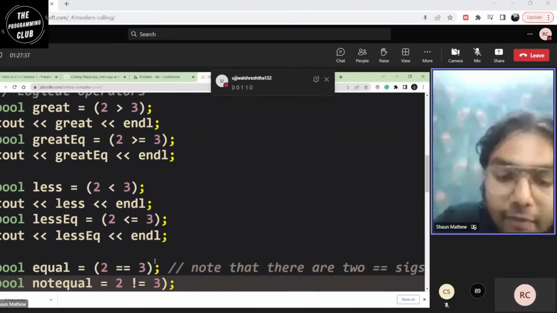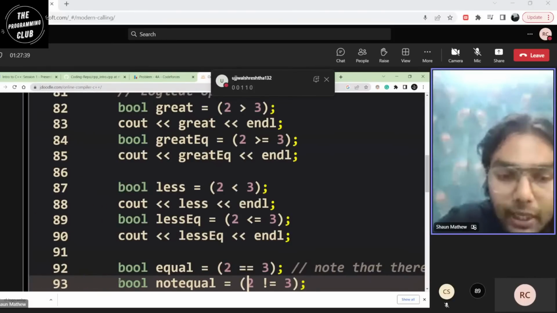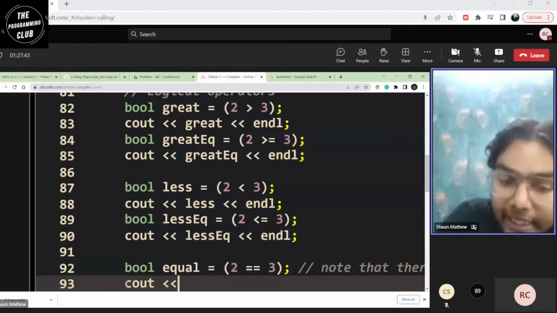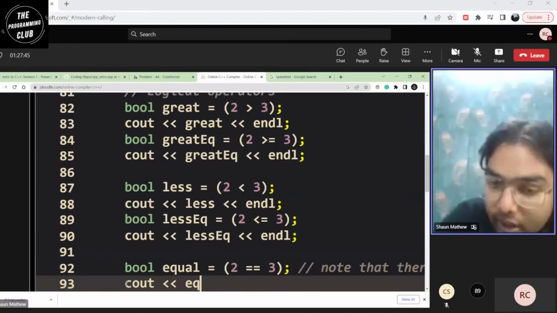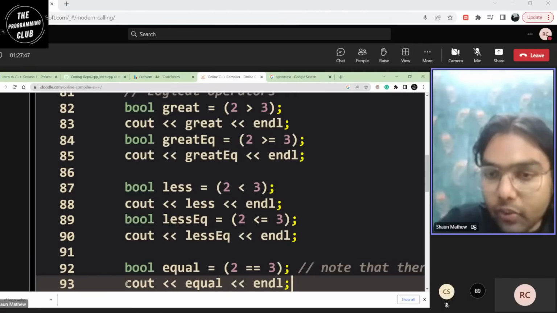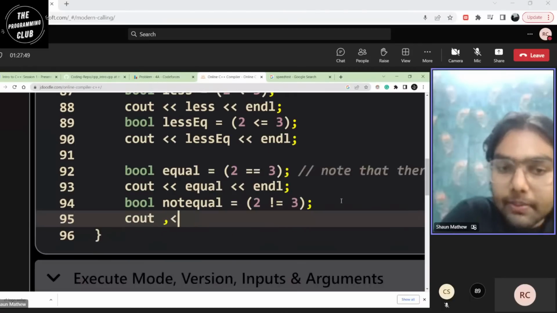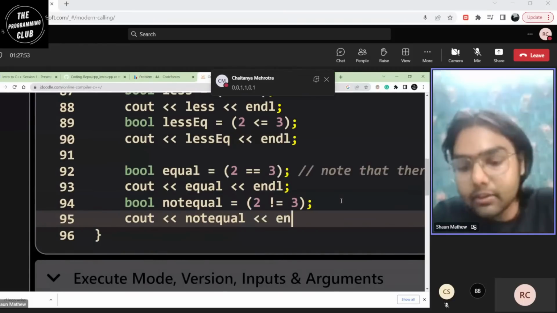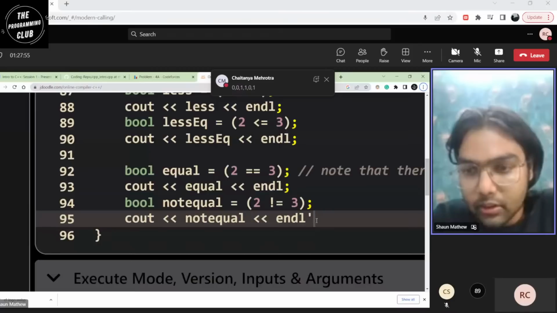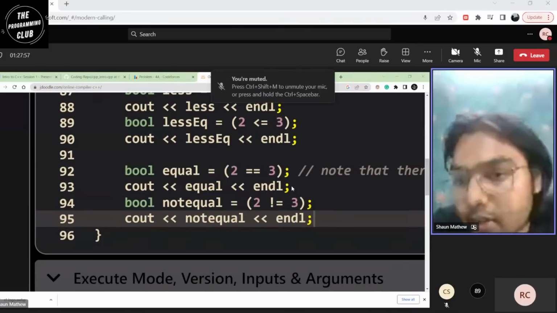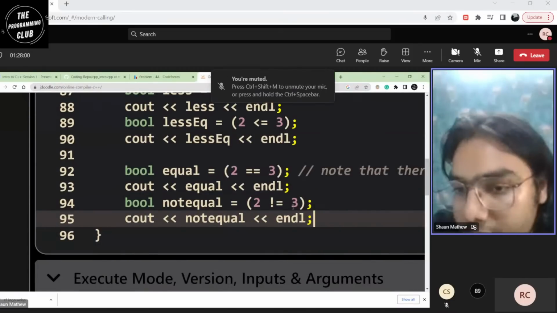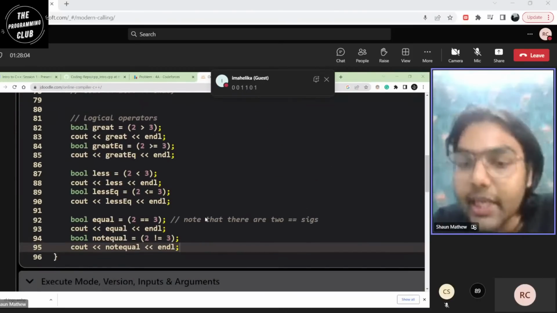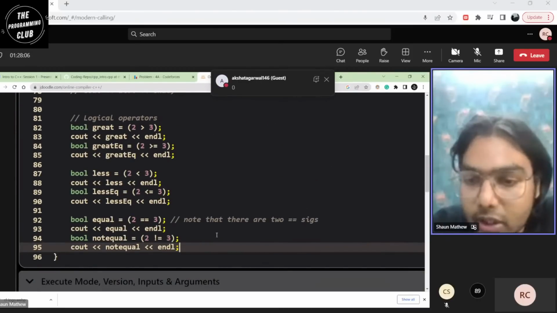Okay, so tell me what you think the output of these programs is. As I'm telling you, the variable names kind of tell you what the function is doing. I'll just print out everything. 0 0 1 1 0 0 1 1. Okay, this is your program. Pretty quickly I'll just run it once and tell you what's happening here.